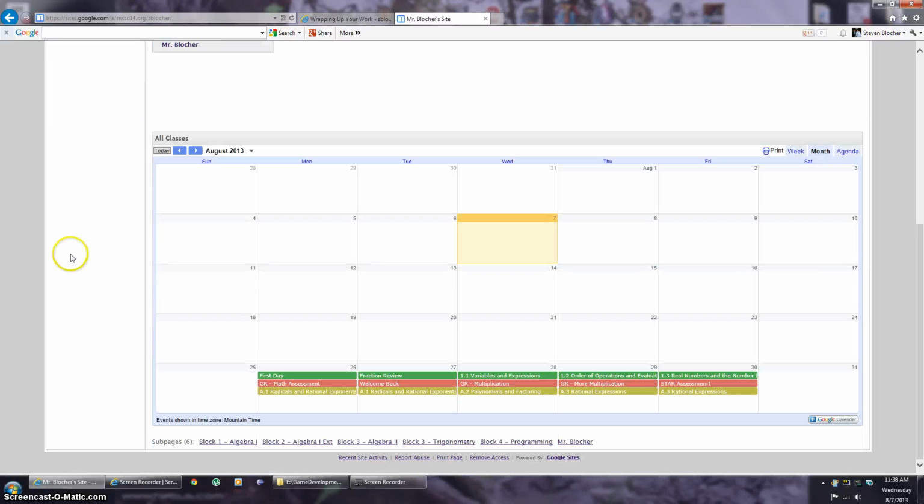But if they just come down here to the bottom, it has everything. So I have all the classes color coded. Algebra 1 is going to be green. Algebra Extended is going to be red, and then Trigonometry is going to be blue. And this is really kind of cool down here because,